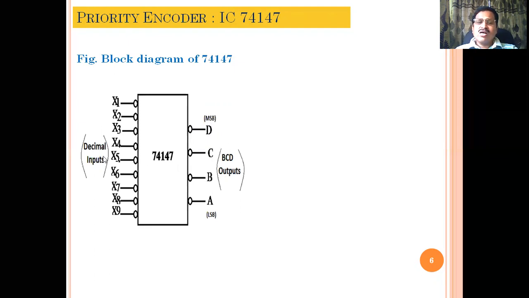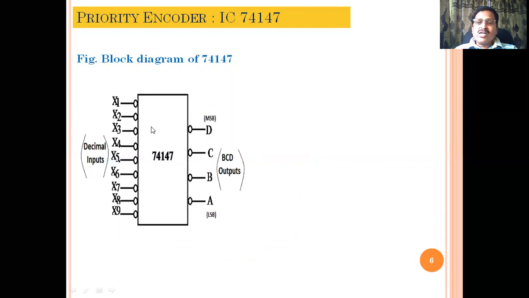Now, if you observe, both the decimal input lines as well as the BCD output lines have a bubble in the path of the symbol of the IC. What does it mean? These pins are active low. At the input, the pin will select whichever input is connected to ground, or logic 0 level. Similarly, when the pin at output is activated, it becomes low, logic 0, not 1. Inversion of 1, that is 0, is produced when the output is selected.